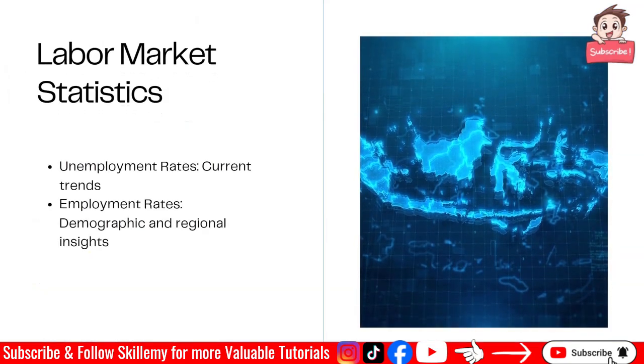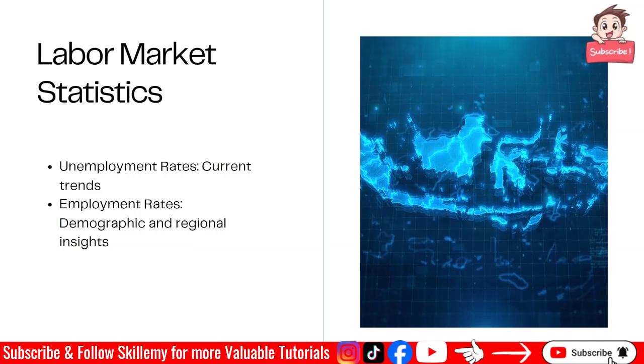Labor market statistics. Unemployment rates, current trends, and employment rates, demographic and regional insights. Monitoring unemployment rates will help you to understand the overall health of the economy. Suppose you have a population of 100 and half or more than half of the population is unemployed.